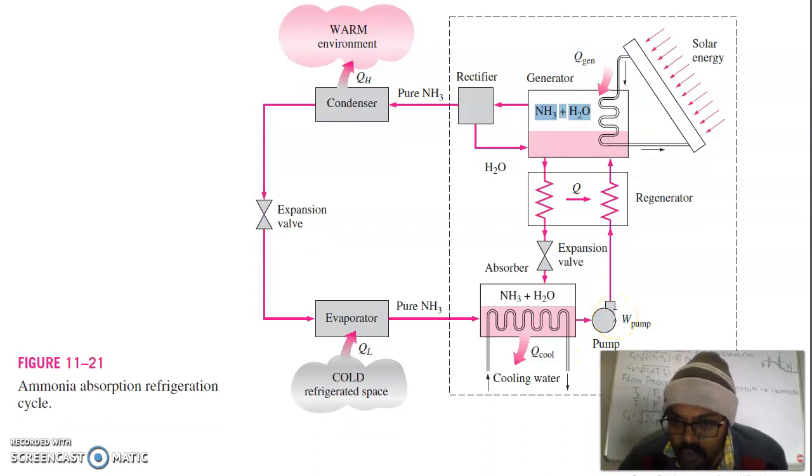So as compared to the vapor compression cycle, the pump work will decrease significantly in this case. It is very little; in some cases it is 1 to 2% of the heat taken from the solar energy. So pump work is neglected in this case. This is the advantage. In the case of other cycles, the compressor work, because it has to compress the vapor phase, is much larger due to the large specific volume of the vapors.